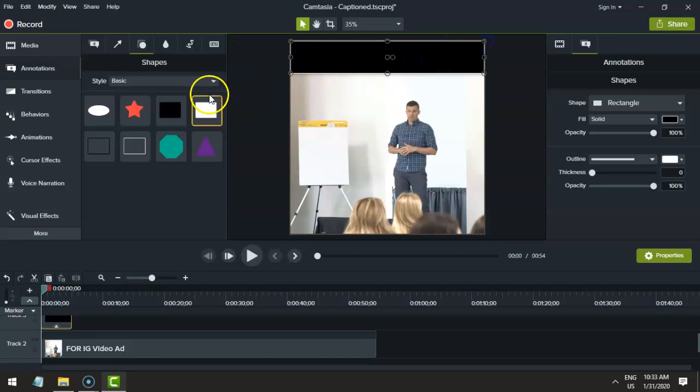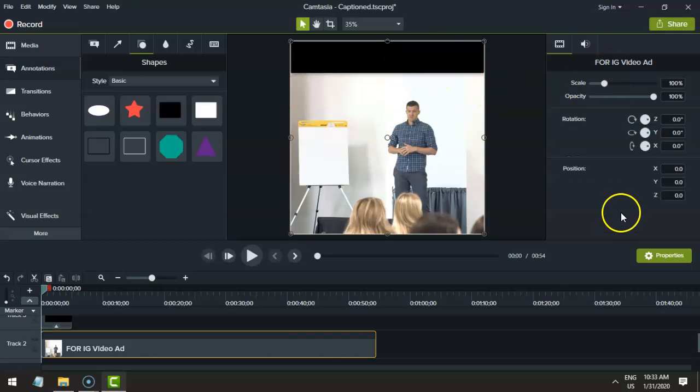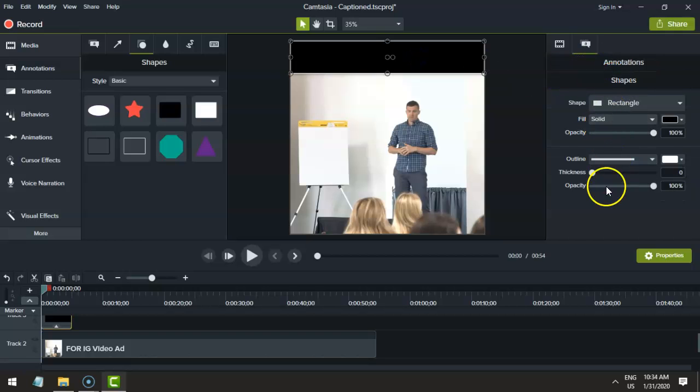Or probably let's try to color this with white. And every time you select an object, you see that these properties on the side change. The properties there change. So if I select this object, you see that this is being selected. Okay? So there, we could change the color. So I would probably change this to